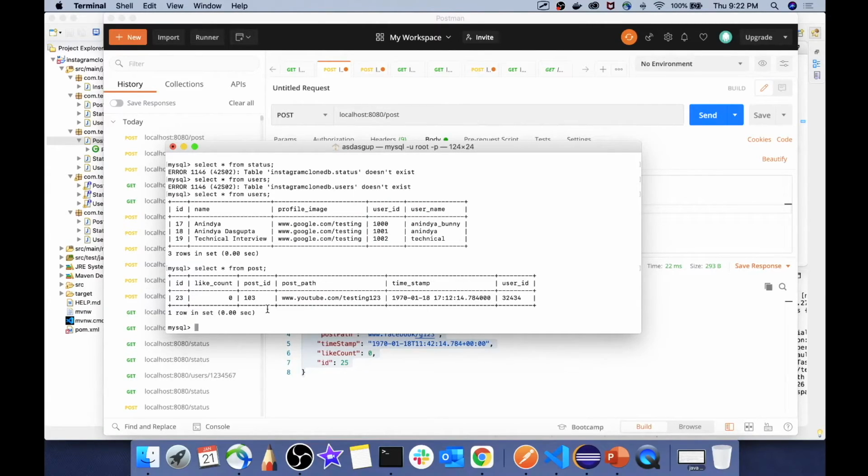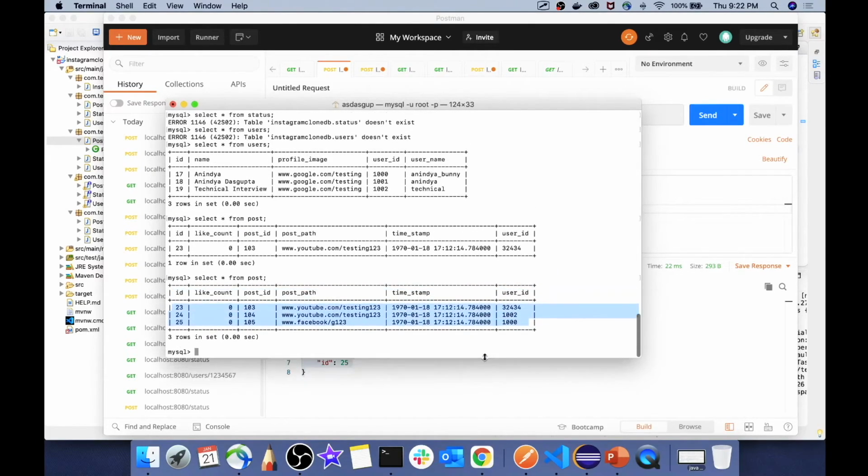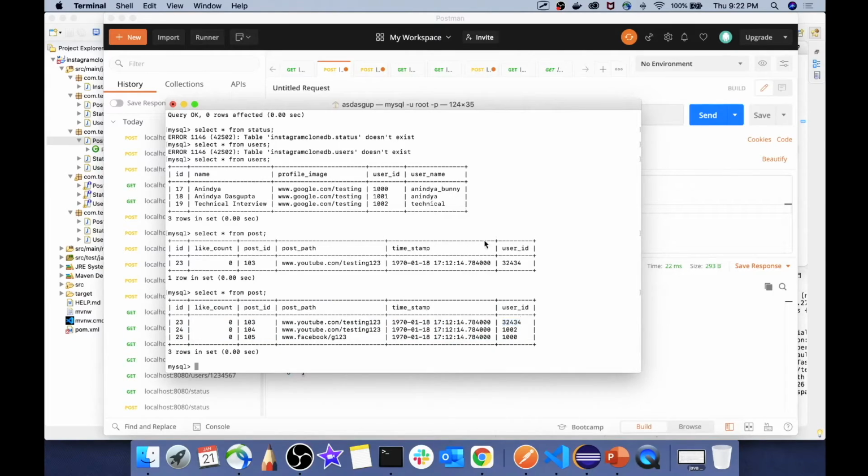Now let's see in our DB whether all three got submitted or not. So over here you can see that all of the three posts got submitted. But one thing you have to notice over here is I have used a user ID that is 32434 which doesn't actually exist in our user DB. So when we will be mapping this user ID with this corresponding table, we will get an exception over here. So always remember to handle those types of exceptional scenarios in your service class where all your business logic will reside. But over here, since you already got what the exception can be, you will get a null pointer exception because this user ID doesn't exist in our main DB.